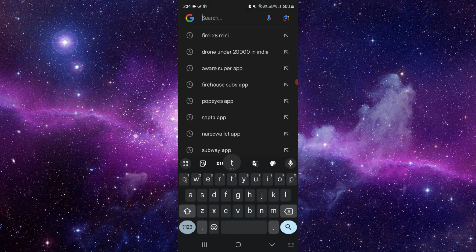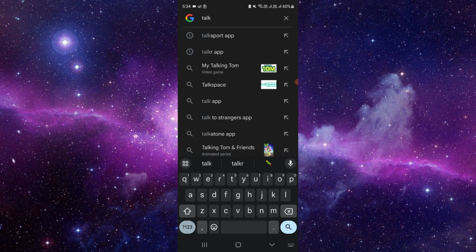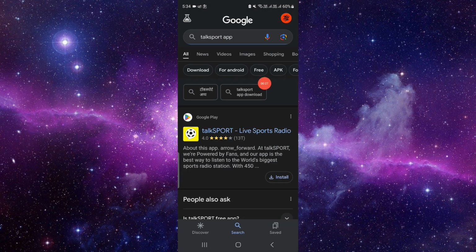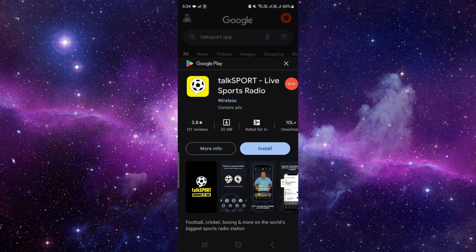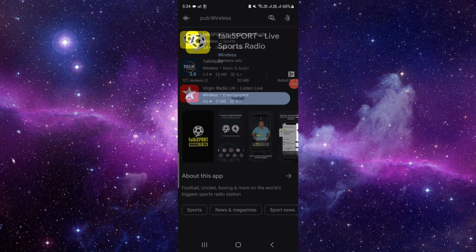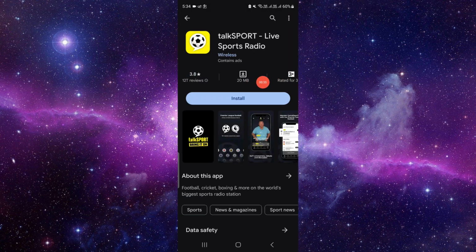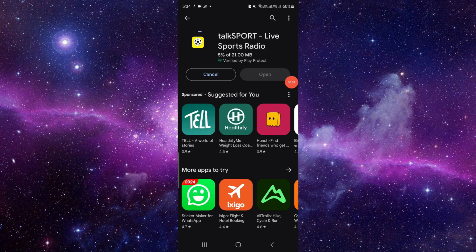Then here I will just search for the talkSPORT app. Okay, so here I can see it. To install it, just click on here, and then you have to open into this app. Okay, then click on here, and to install, just click on the install button, and it will automatically download and